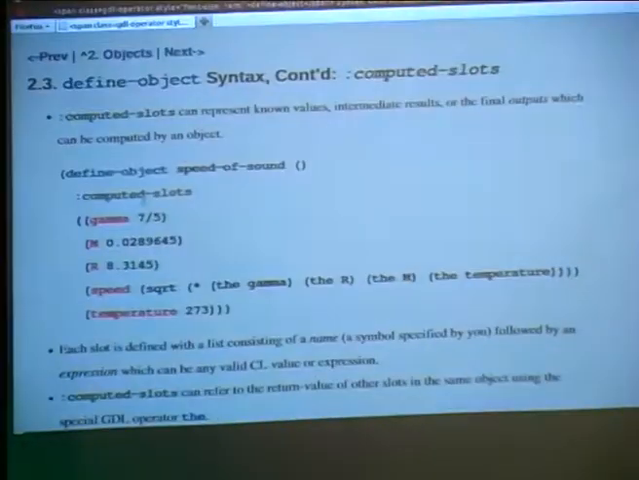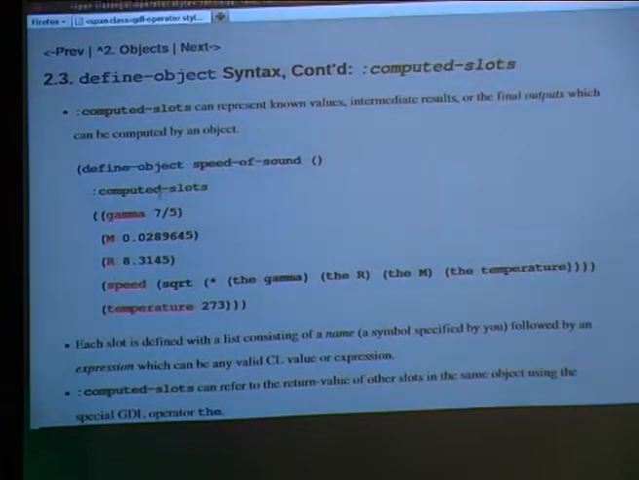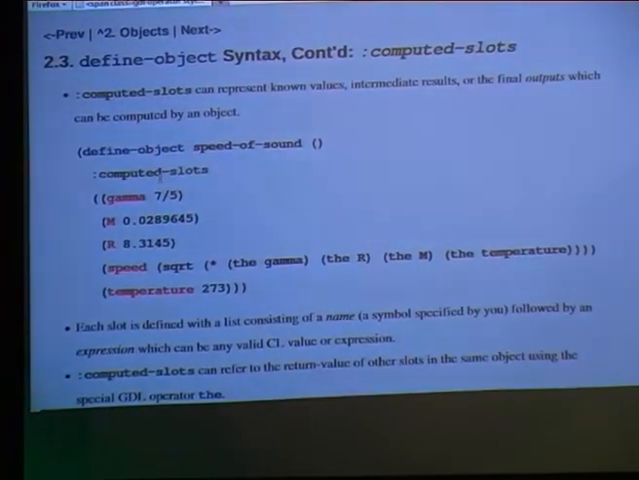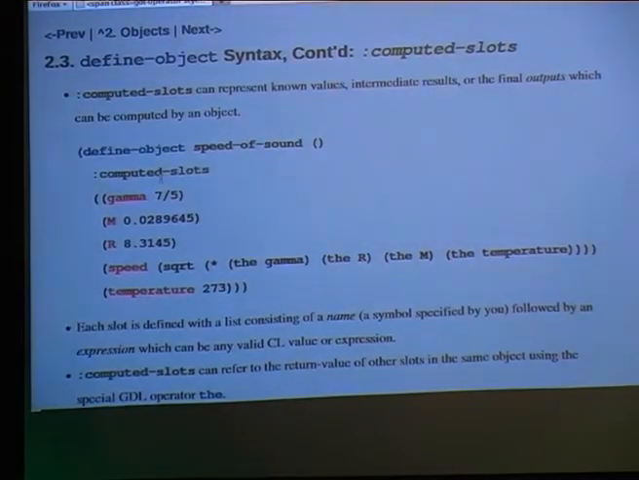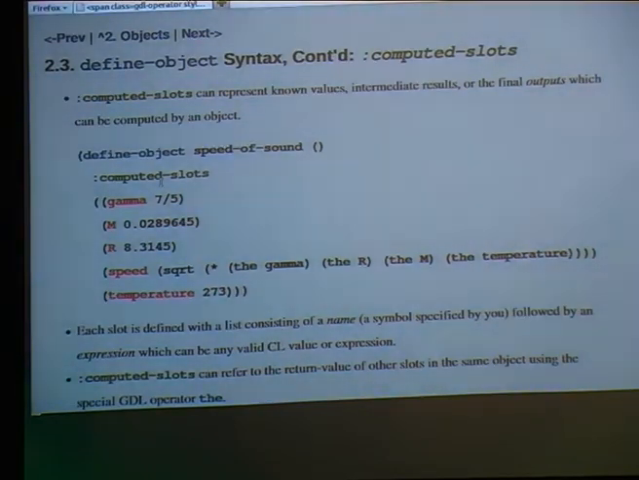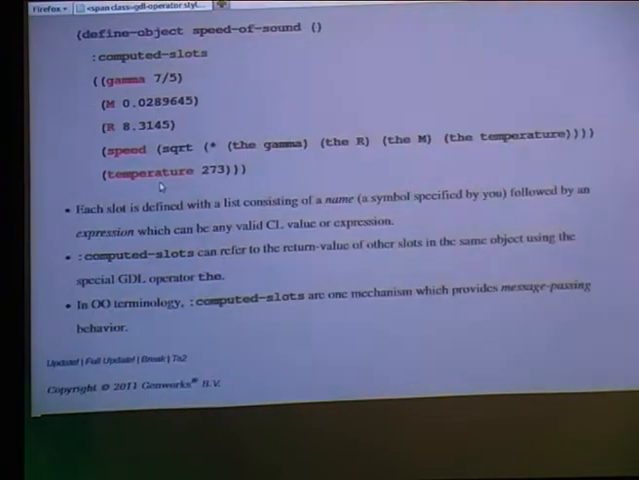They have computed slots, input slots, and objects, which are child objects. And yeah, they also have functions. You can have functions that take arguments. So the computed slots are just like a let form, so a name and an expression. But there's this